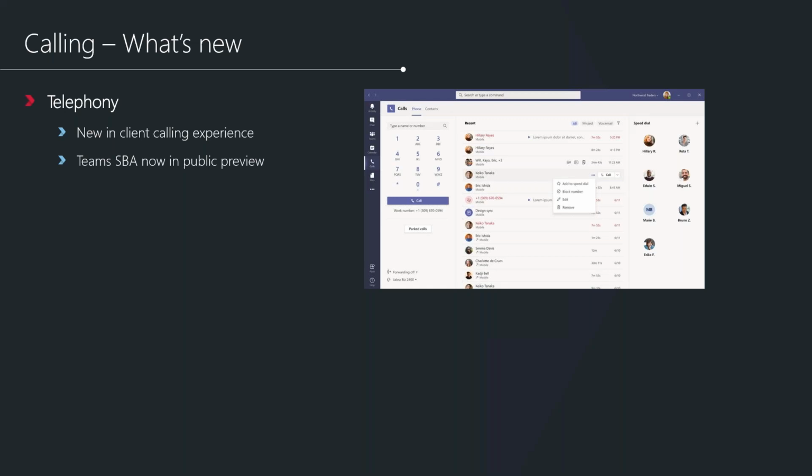The other big one for me is Teams SBAs are now in public preview, so you can get hold of these and have a play. 4 vendors are currently providing these or are certified to provide these. AudioCodes and Ribbon are the 2 which I'm looking at the moment. And I guess just to give some background,